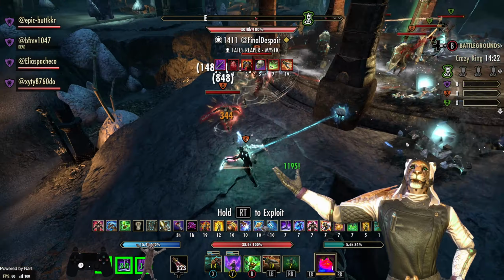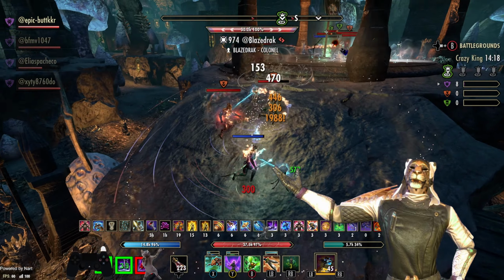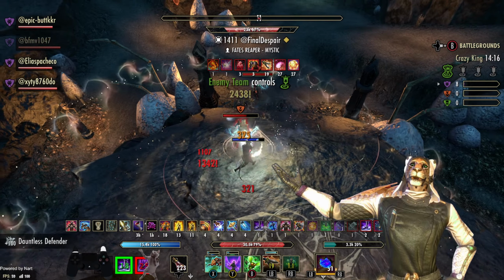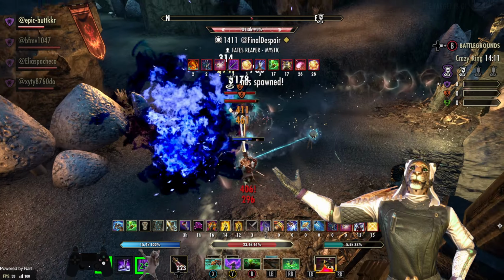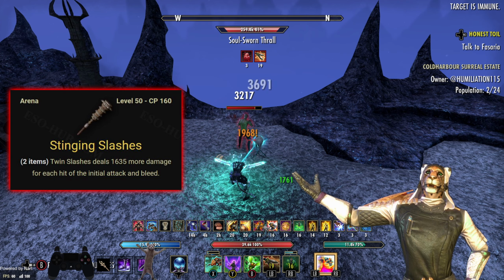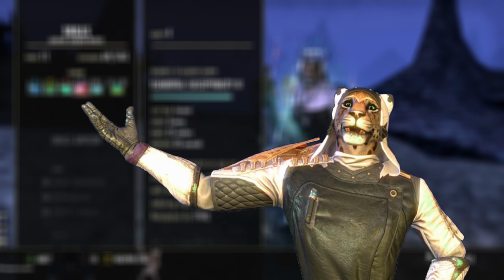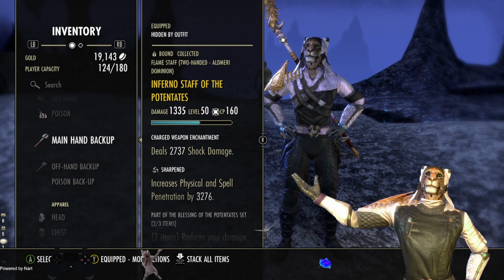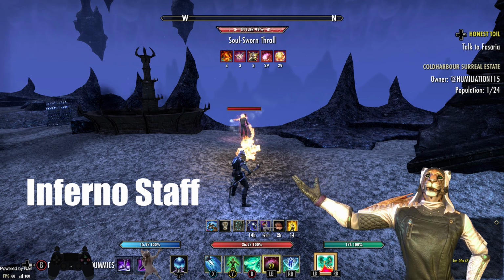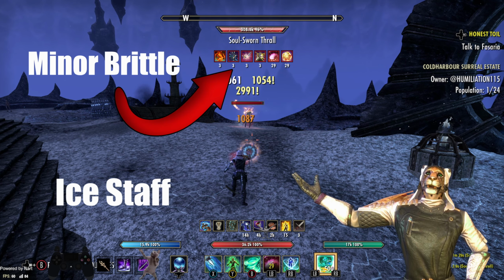This consists of 4 sets, 2 one pieces, and then you can either go for a sustain route or a damage route. The 4 sets that are the primary part of the meta are the Master's Dual Wield. This increases each tick of your rending slashes by a considerable amount. The next thing that people run is the Veteschran's Ice Staff. The Ice Staff specifically because this procs Minor Brittle on the target, which increases their critical damage taken by 10%,